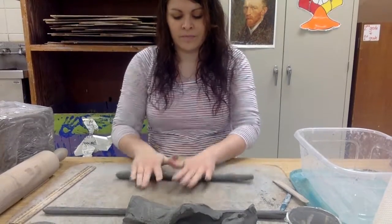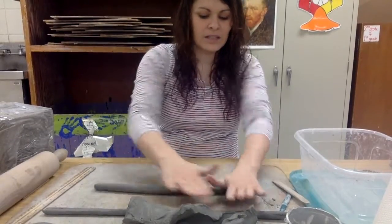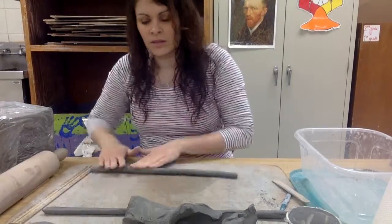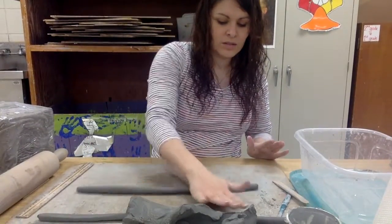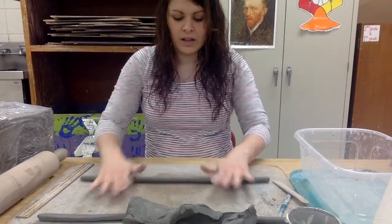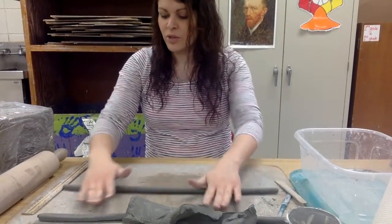And keep going. But this time, make sure that you do a 360 and roll it all the way around. Again, it's best if you start in the middle and spread your hands apart. All right, now that we have two here,